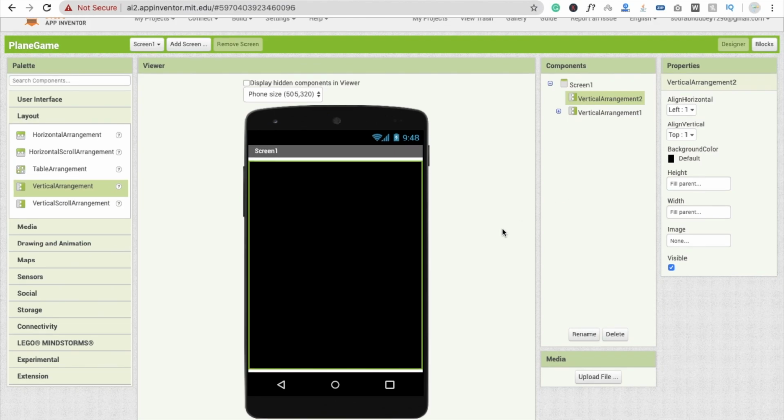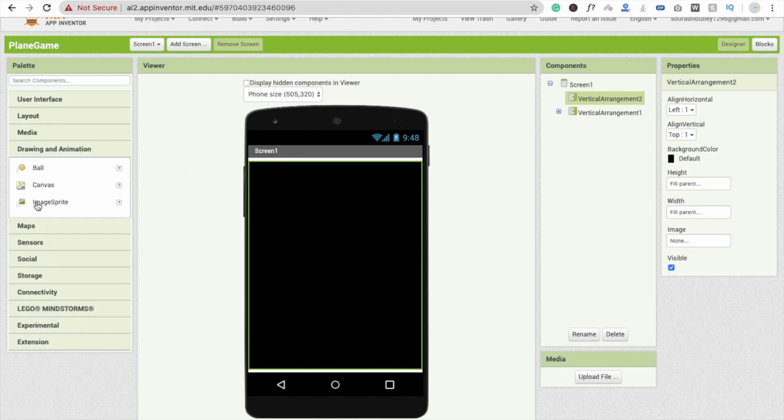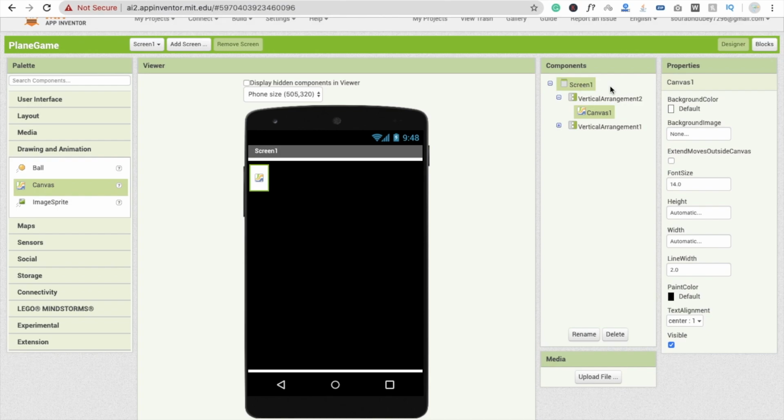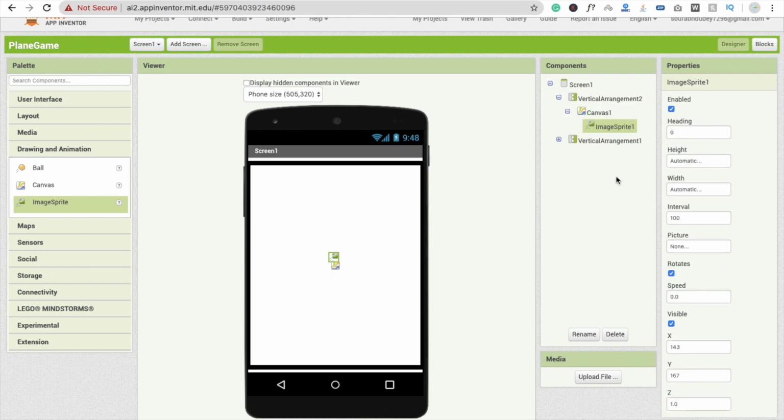Fine. Now I'm going to use one canvas. You will see the drawing and animation option. Drag and drop this canvas and make its height fill parent and width fill parent.